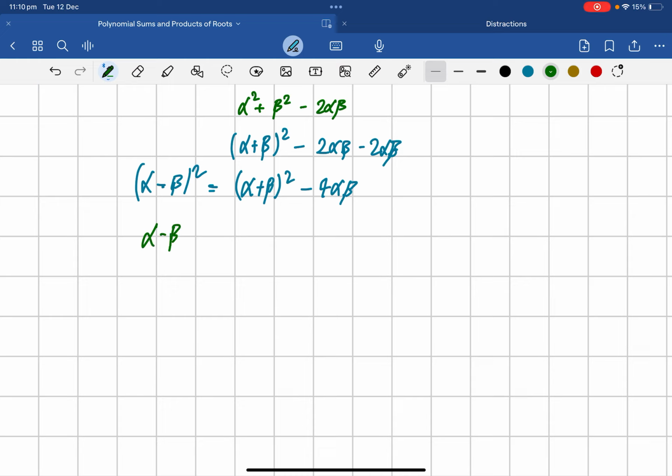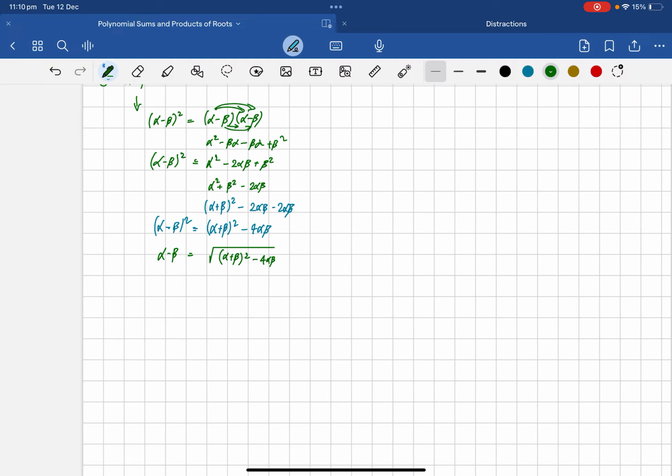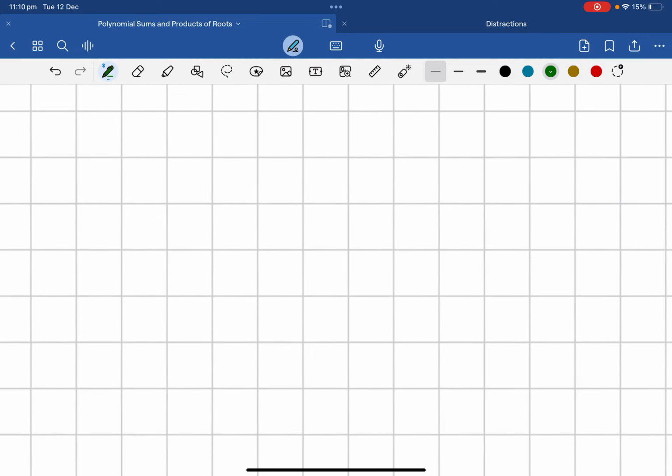Alpha minus beta is equal to the square root of alpha plus beta whole squared minus 4 alpha beta. Okay, that is alpha minus beta. Now